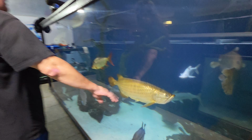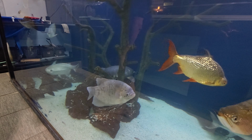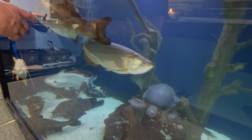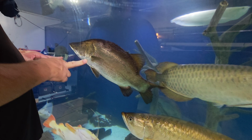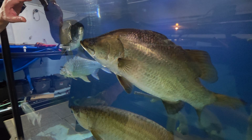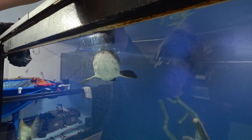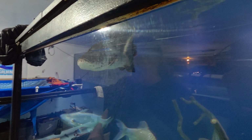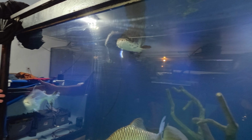Over here we got Giardini, tinfoil barbs, giant gourami, another Fly River turtle. This is from Australia. I'm not pulling his name right now. I forget what his name is. This is another Arapima. Look how big he is. He might even, let me tap the water here. Now he ain't popping it. But he gets big. Then we got the black-eared Peru shark,